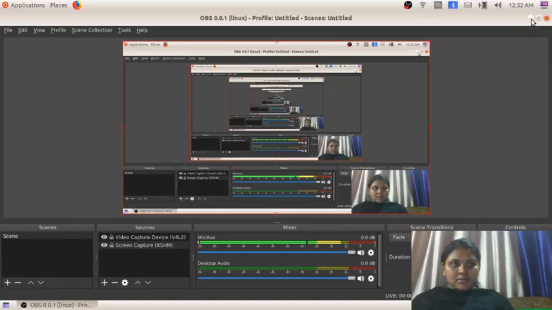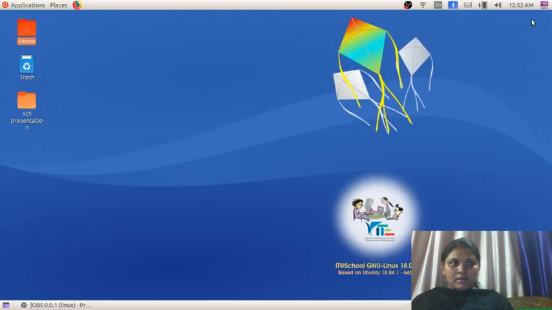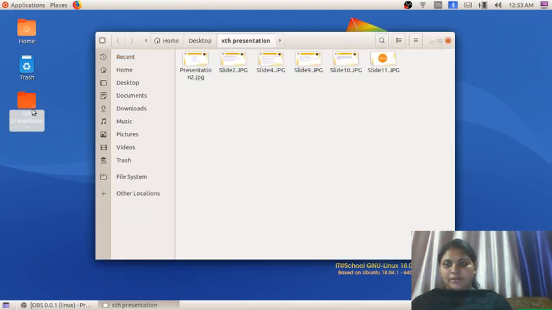So students, we can look at our Inkscape vector editing software in detail. Okay.